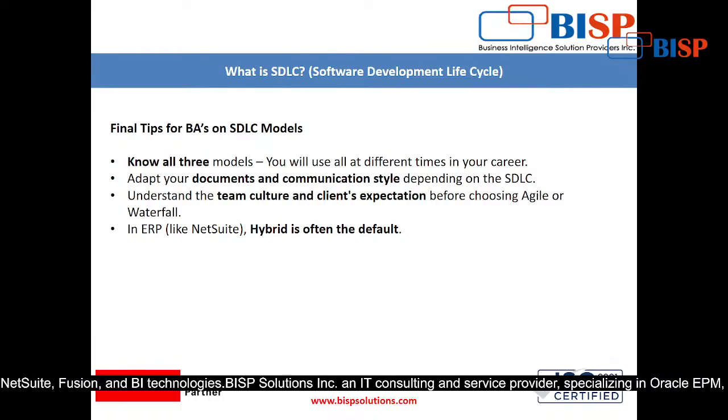In ERP like NetSuite, hybrid is often the default. In one of my projects I have seen that once order to cash is done, that is fine. Purchase to procure is done, that is fine. But in some modules, like the pricing module, the client is making modifications every time, right? So at that time hybrid is often the default model. Okay,